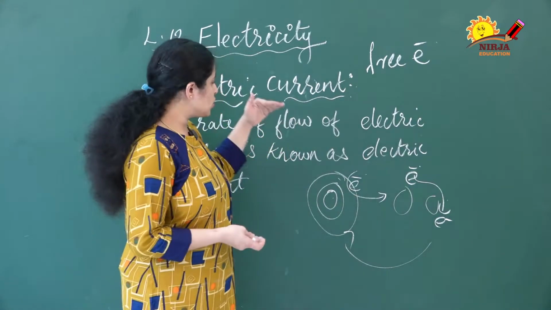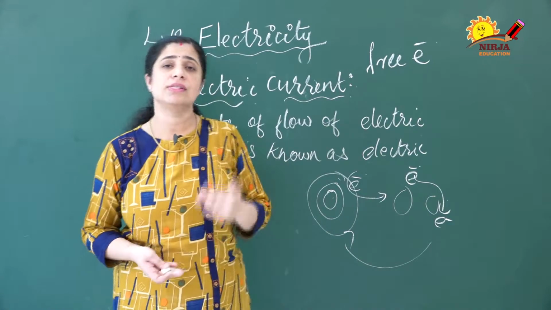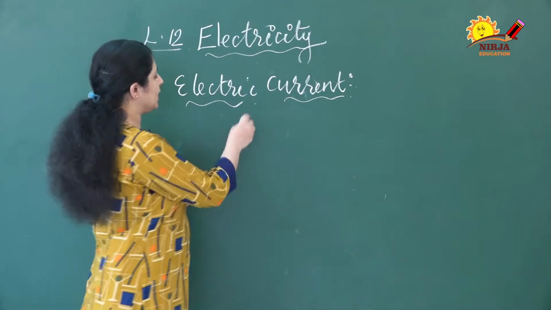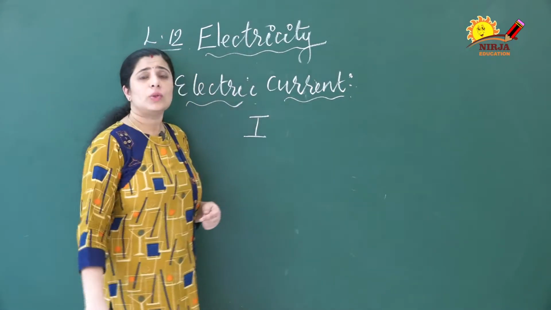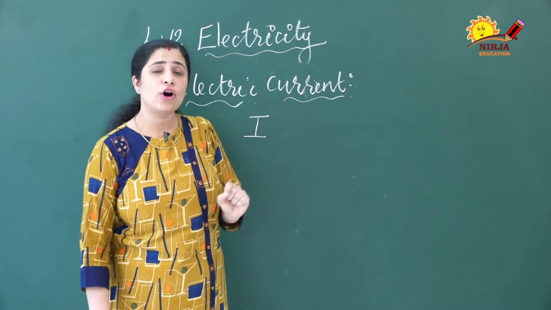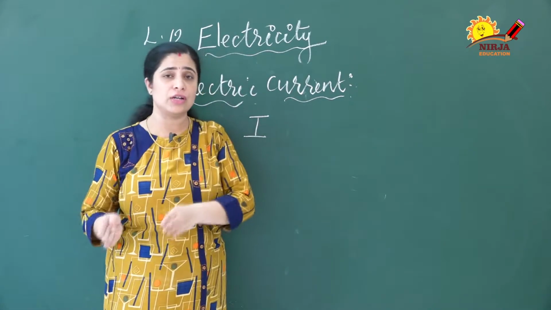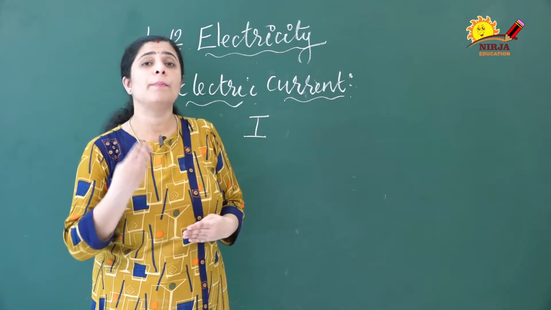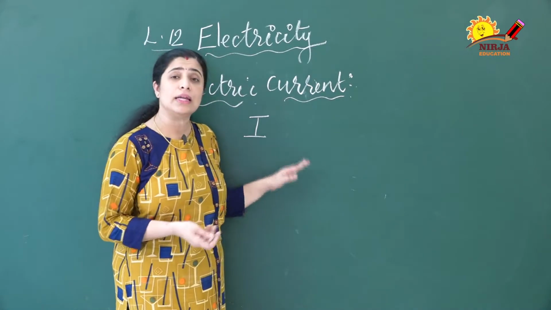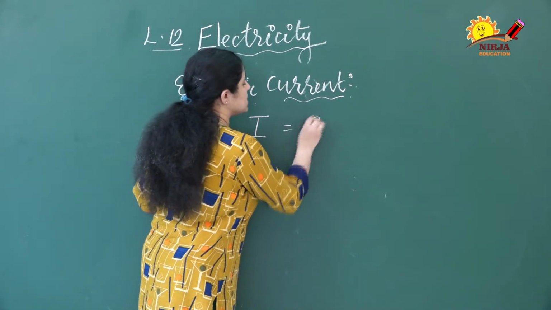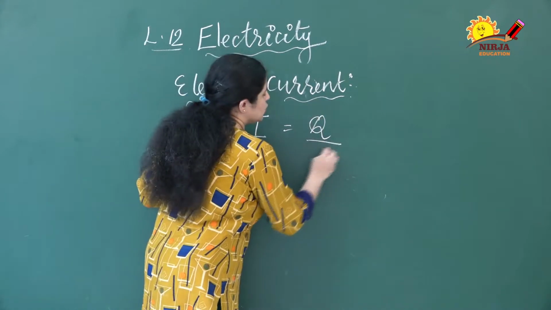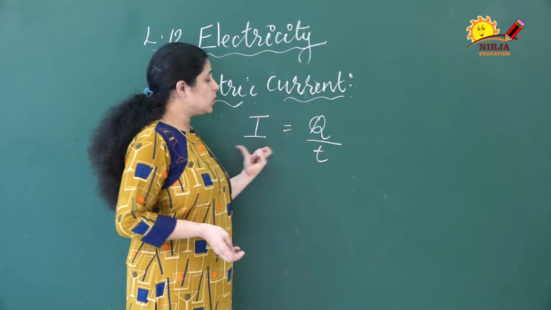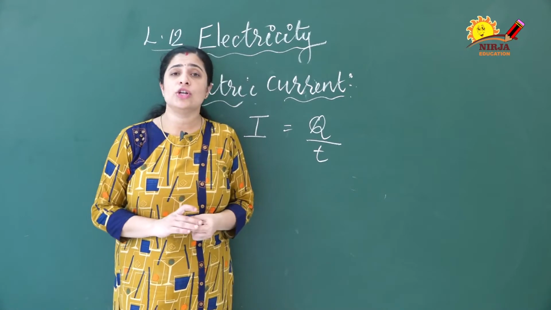Some other terms are also related to electric current that we will see next. Next we are going to see the equation for electric current. Electric current can be represented by I. What was the definition? The flow of charge. Flow of charge means the rate of flow of charge. Whenever rate is coming, we are considering the number of charges flowing per unit time, so time will be in the denominator. Charge is represented by Q, and in the denominator it will be T. So this is what is meant by the rate of flow of charge. So I is equal to Q by T.